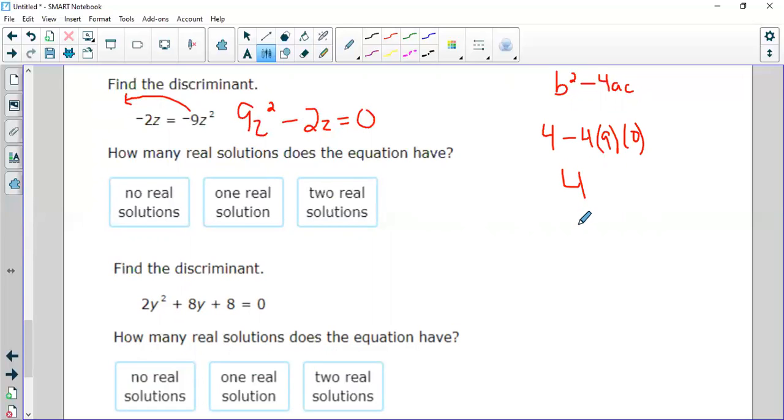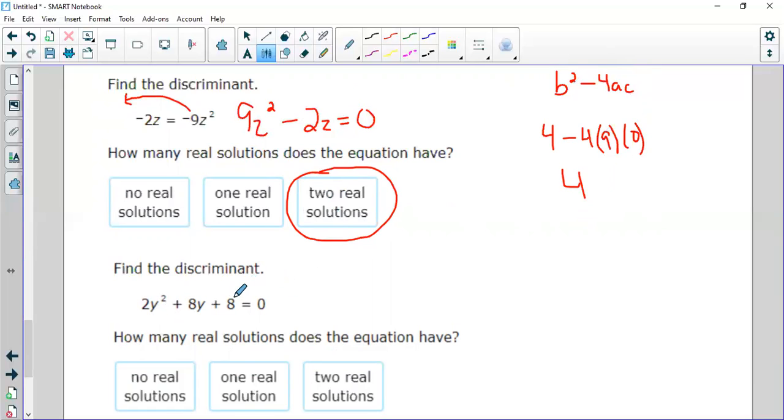It's 4. Anytime c is 0, this part of the equation is going to get you 0, and the b squared always has to get you a positive. So you're always going to get a positive discriminant, which means you're always going to get 2 real solutions. If c is 0, you're always going to get 2 real solutions. And last but not least,